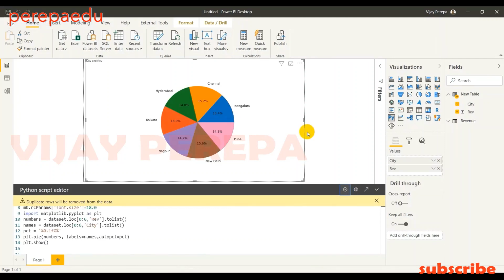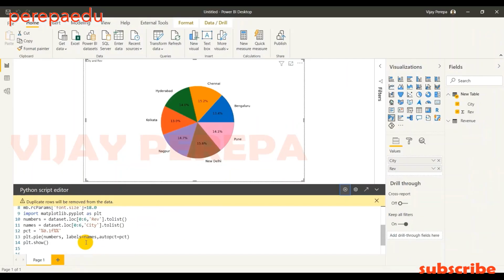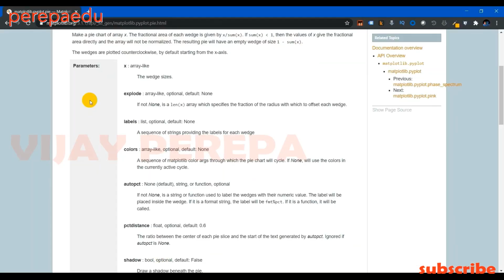While adding the attributes to the plot pie, you must understand how I'm adding them. If you go to the documentation of Matplotlib, for that I need to jump into the website of Matplotlib, and there you can see the parameters like we have already used labels and autopct. So these variables are predefined in that particular library. If you go through this entire document, you'll understand how to use them.